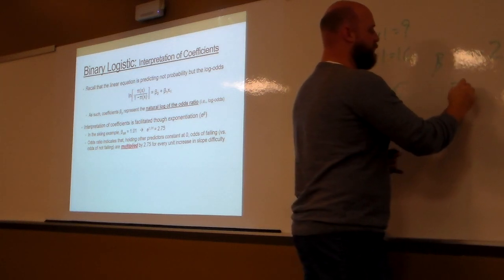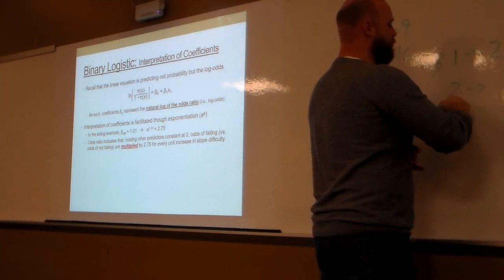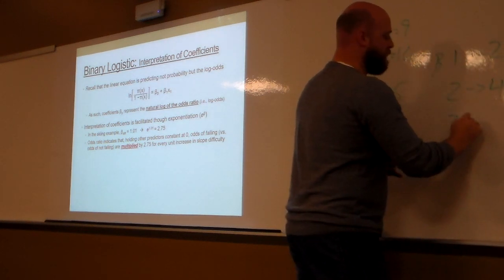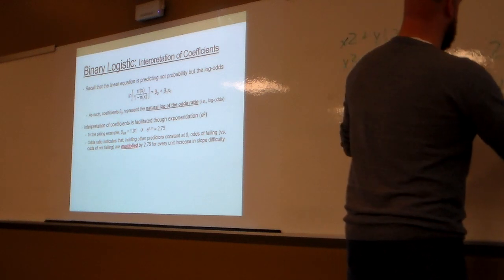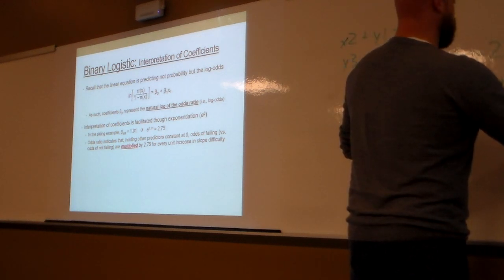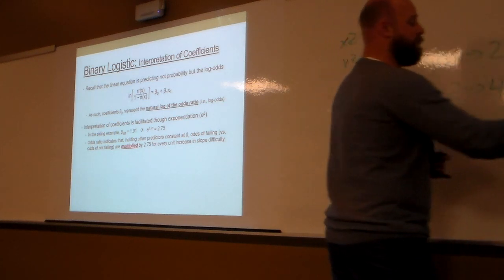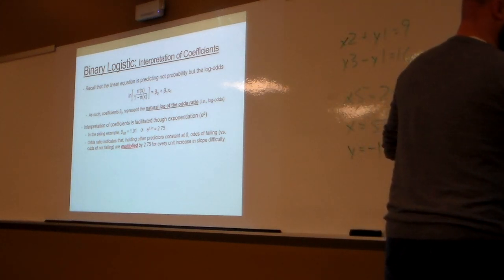A 2 unit increase is going to give me 4. If I get a 3 unit increase, now what's going on is I'm saying 2 to the 3rd power. So it's 2 times 2 times 2